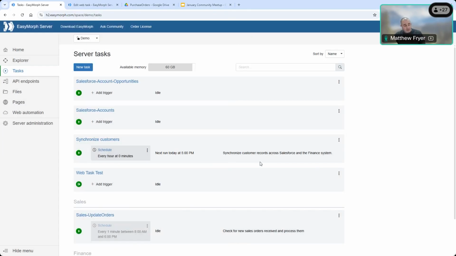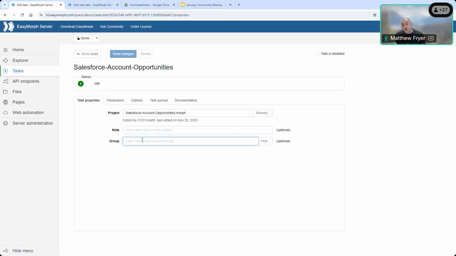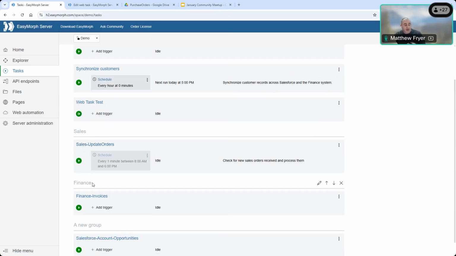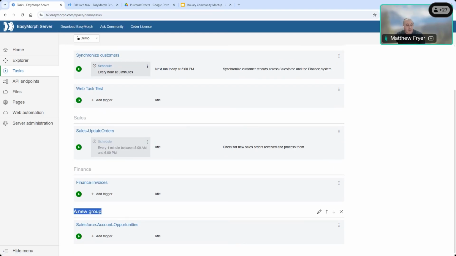As well, one other little feature I wanted to point out, because it's often overlooked, and that is once I start scheduling or creating tasks for my workflows, they can very quickly become a very long list, and they can become kind of ungainly and difficult to find what we want. One of the things that is sometimes overlooked is that we can add a group to our tasks, and that group, either we can type a new one or we can pick an existing one. And when we do, our tasks will then be all defined within those groups. I have a sales group, I have a finance group, I have my new group I created, and they can